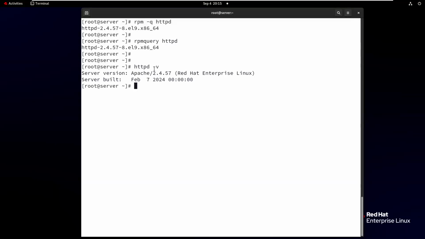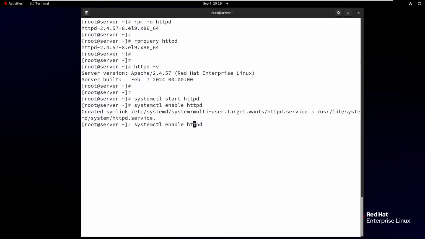Okay, here also we have installed Apache httpd 2.4. Now I want to start my httpd server: systemctl start httpd and systemctl enable httpd to make the service persistent.